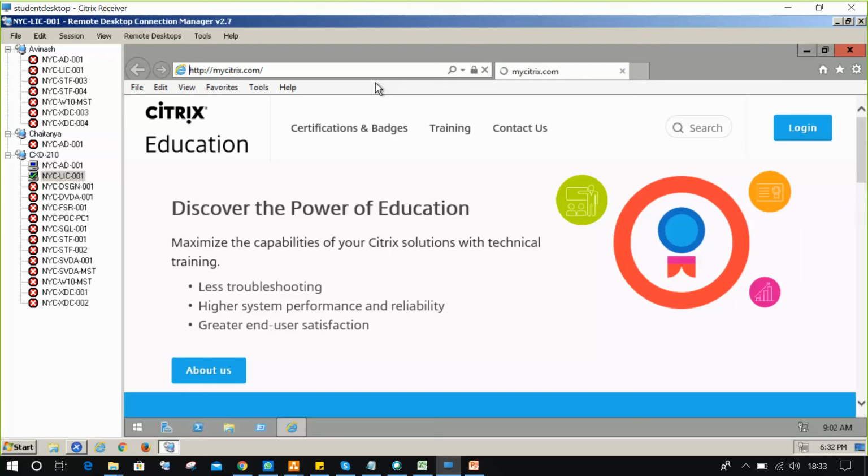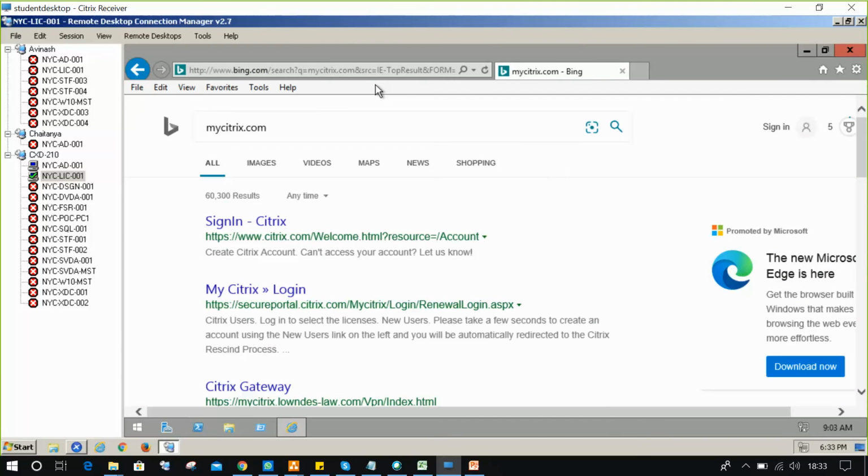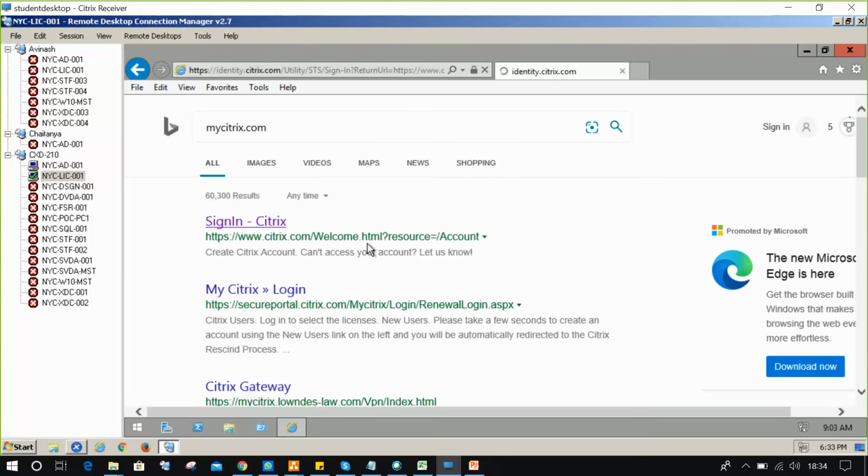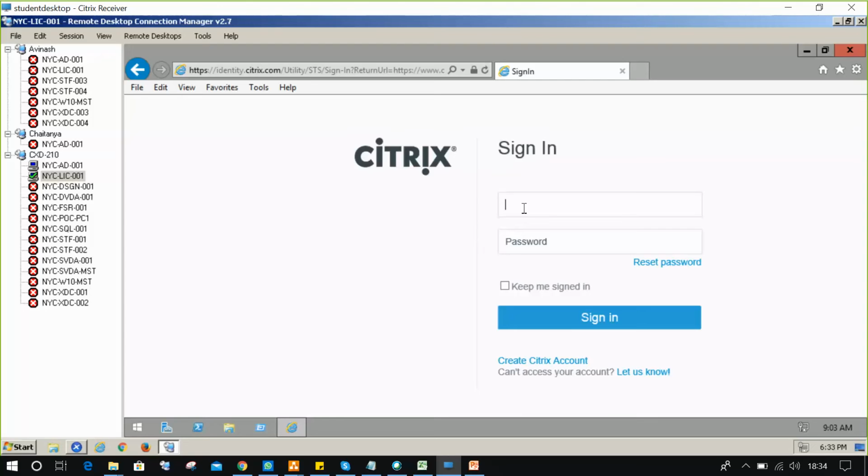You need to connect to the mycitrix.com website. The Bing search is coming. Okay, no problem. You need to create your Citrix account, guys, with your Gmail ID. Don't forget.